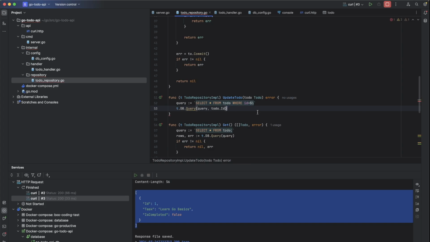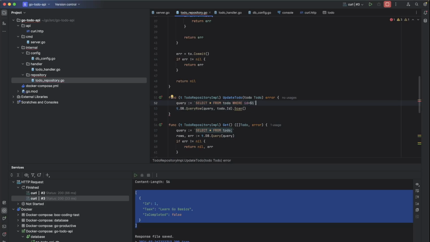Oh, there is no scan here, just returning rows and error because I'm not going to get all data. So let's just use query row. It will be returning a single row, and let's just continue to scan.